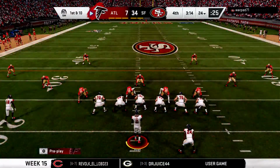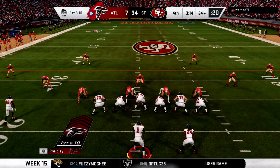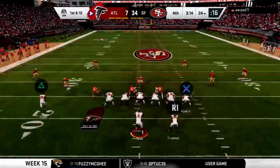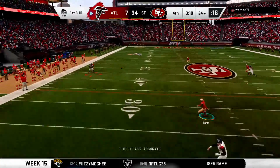About set to begin their next drive, the Falcons offense at the line. And they had a nice little drive going last time. Threw the interception in the red zone. Costly. Bad enough to throw it anywhere, but that drives coaches insane when they're thinking about, hey, we got a